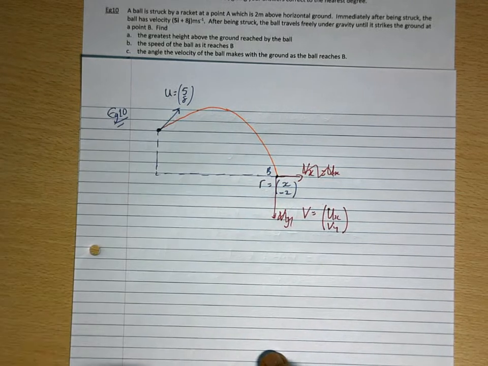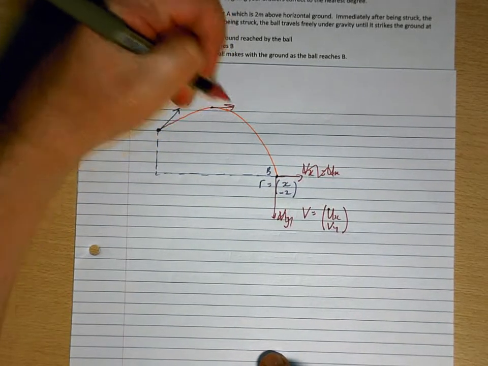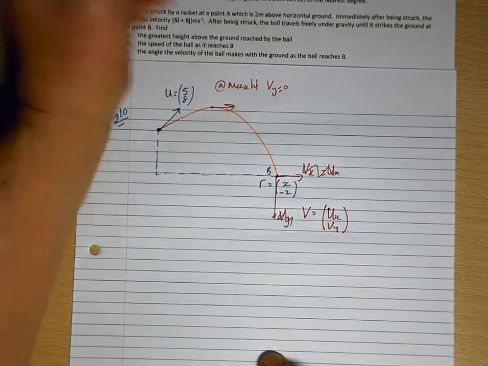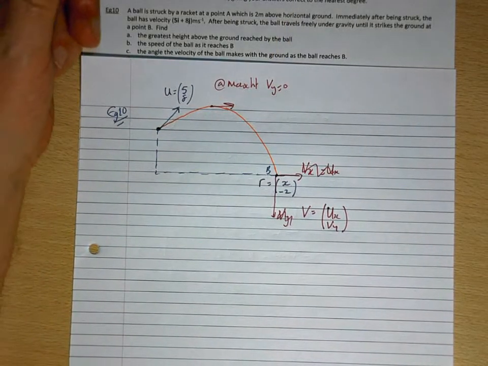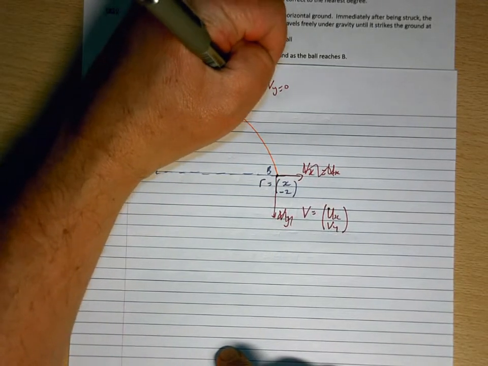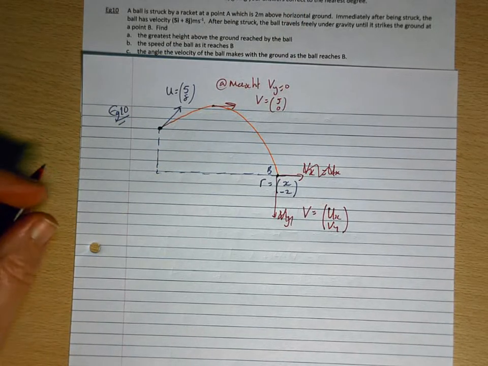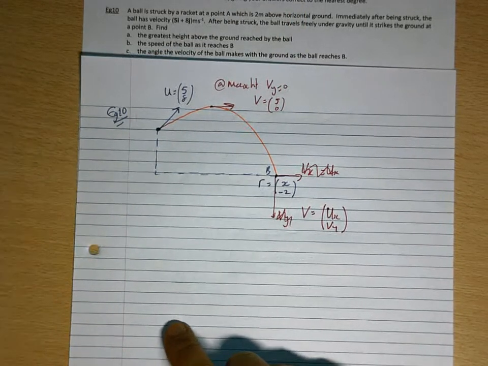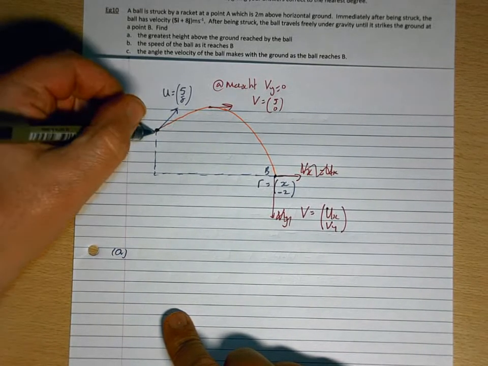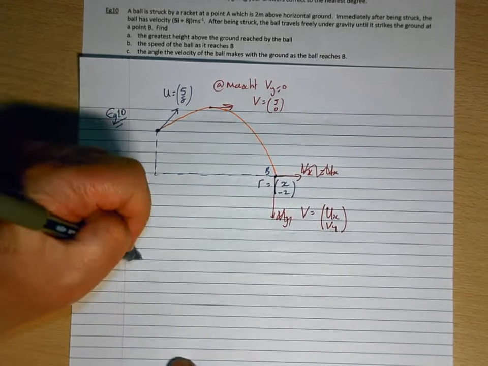But before we get there, we're interested in the maximum height, and we know that at the maximum height, Vy equals 0. And we know that Vx equals 5. So at maximum height, the velocity is going to be 5, 0. Right, so the greatest height above the ground reached by the ball. Well, above the point of projection, we know that at that max height,